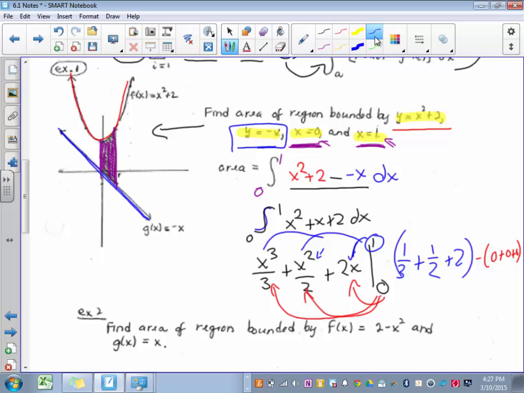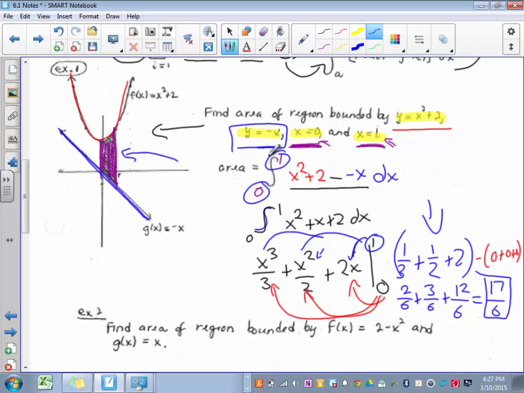So now I'm just going to focus right here on this. 1/3 plus 1/2 plus 2. Let's get a common denominator. Last I checked, it was 6. So I got 2 over 6 plus 3 over 6 plus 12 over 6. 2 plus 3 plus 12 is 17 over 6. So the area of this purple region right here, bounded by this curve and this curve, from 0 to 1,